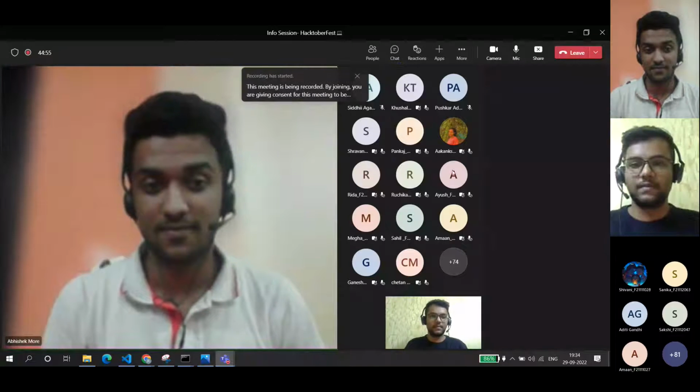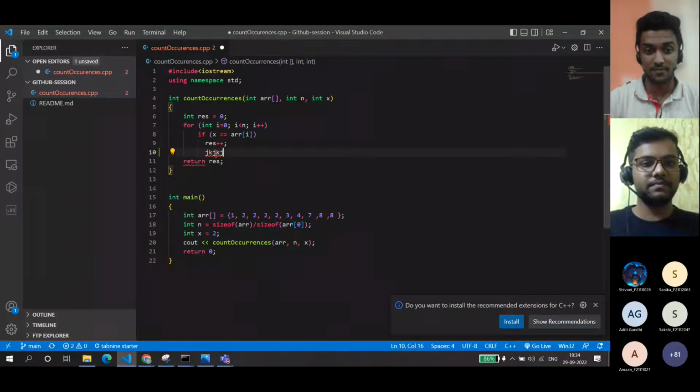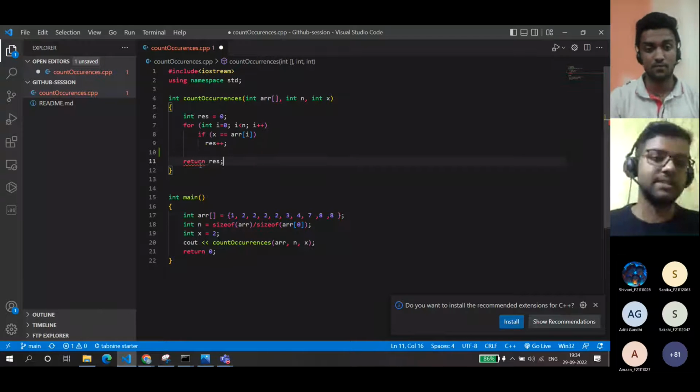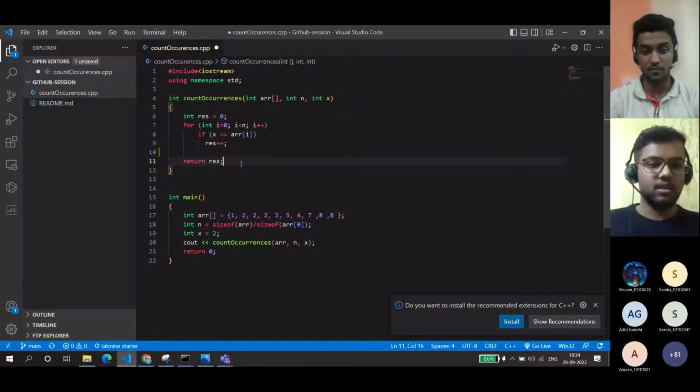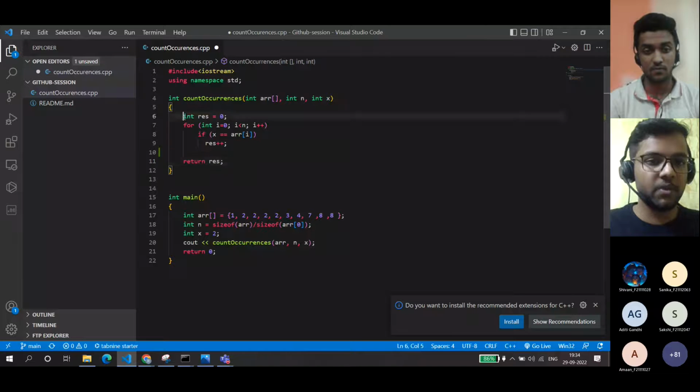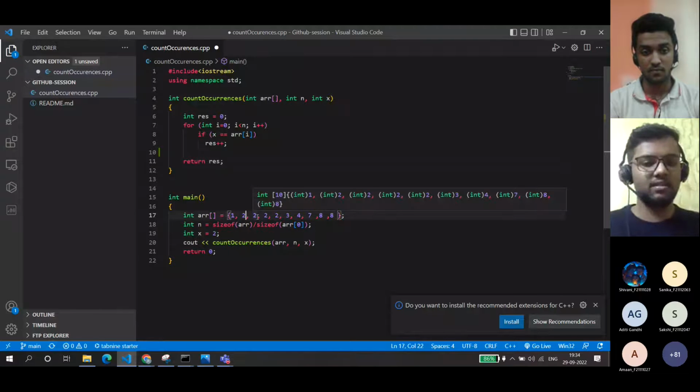Okay, so let's continue. Let's say I want to do some minor modifications in this code and send the code back to my friend. I'm not doing any logical alterations over here because this session is about GitHub and not about C++. So I'm just going to basically change the format in the array.